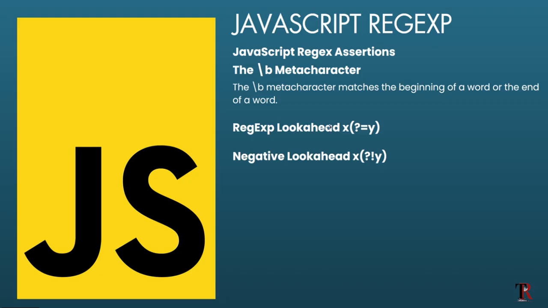So moving on, let us take a look at another meta character called the lookahead. You can see what the lookahead looks like: X in brackets, question mark, equals Y, and the negative lookahead, X in brackets, question mark, exclamation Y. Each of these might look strange to you, but by the time we put it into a real-life example, you will understand what it does and why it looks the way it looks. So